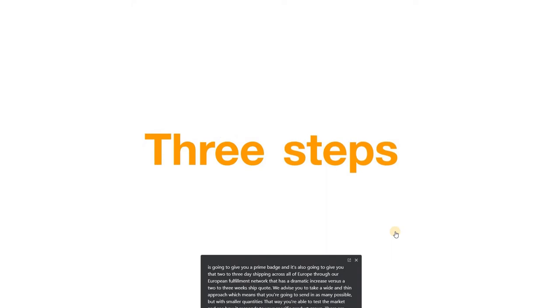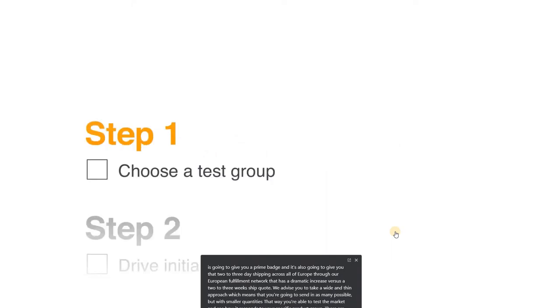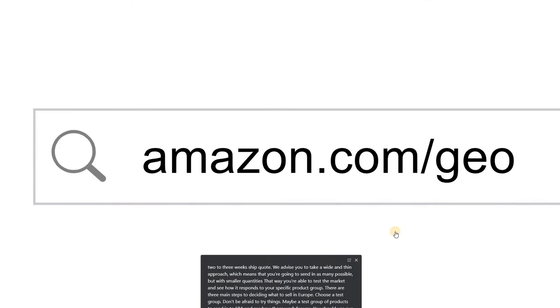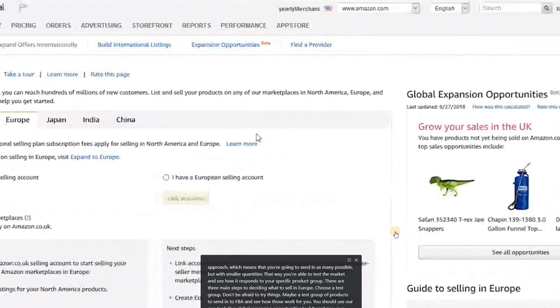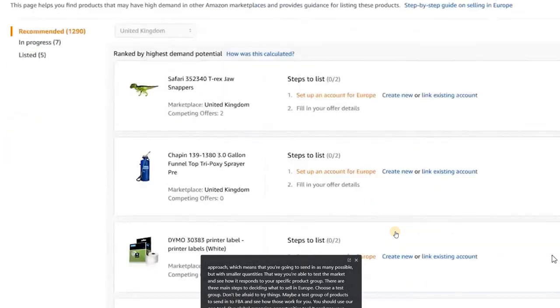There are 3 main steps to deciding what to sell in Europe. Choose a test group. Don't be afraid to try things. Maybe a test group of products to send in to FBA and see how those work for you. You should use our Geo tool, our Global Expansion Opportunities tool. It analyzes your current listings in one marketplace and tells you which of those listings have the best success opportunity